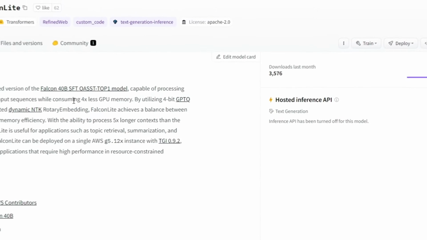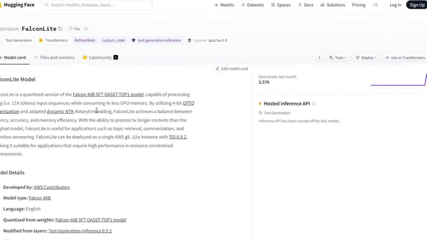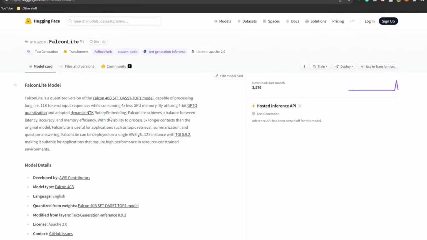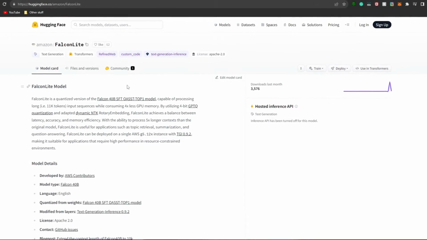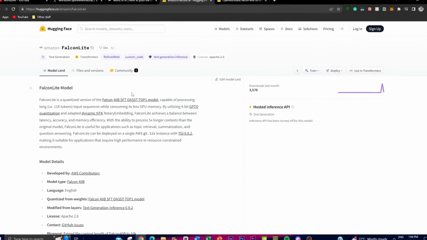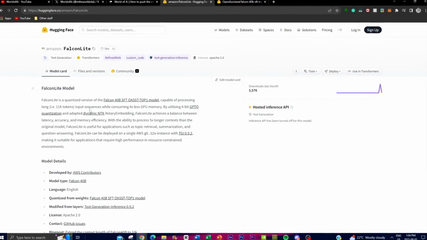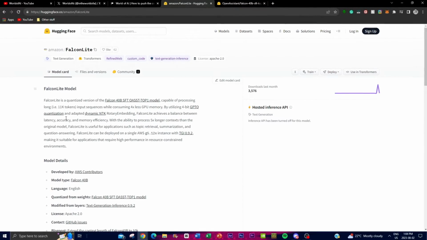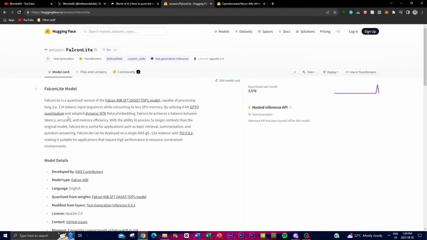So the FalconLite is basically something that is built upon the Falcon 40 billion parameter model, and it also has been fine-tuned with the Open Assistant model. So it has been specifically designed to process long input sequences with these two different models being utilized. And as we talked about at the start, you're able to accommodate up to 11K tokens, which is significantly reducing GPU memory consumption. And they talk about consuming 4 times less GPU memory, which is something that